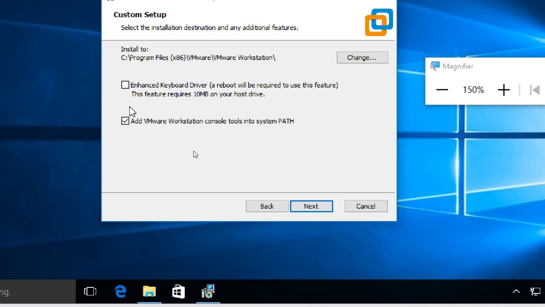So better not to select it. If you want to select it, you can, no problem. If you get a problem, then we'll see how to solve it. But I'm unselecting it. I'm not selecting it for myself. Still I have a little bit of fear.